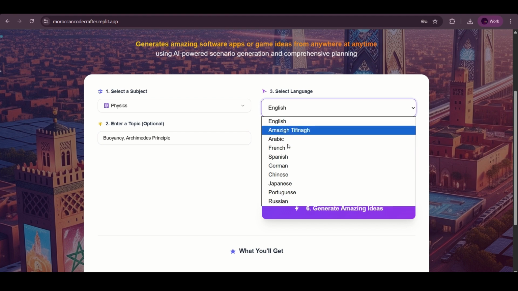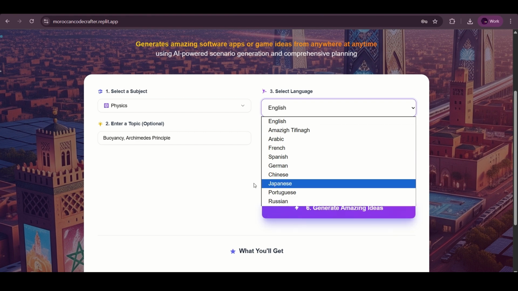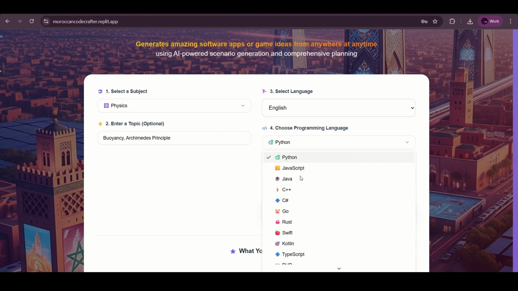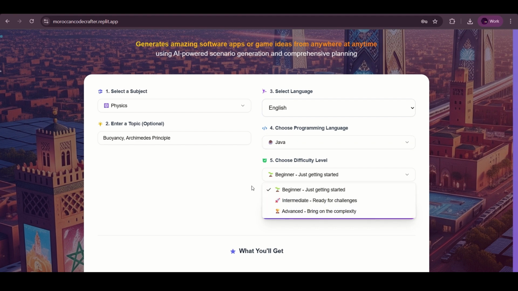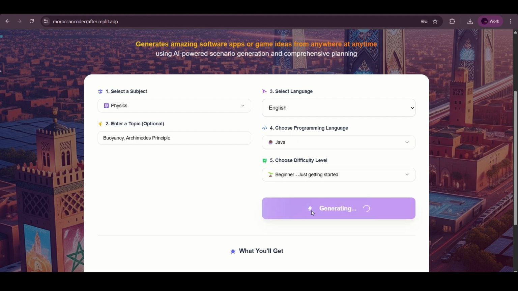You have standard languages that are more popularly used, and then, of course, different types of programming languages, depending on what you need. So we're going to switch over to Java because we're using Java right now. I'm going to go for a difficulty level of beginner, but there are different levels. So once we do that, we'll click on generate amazing ideas, and it's going to start generating